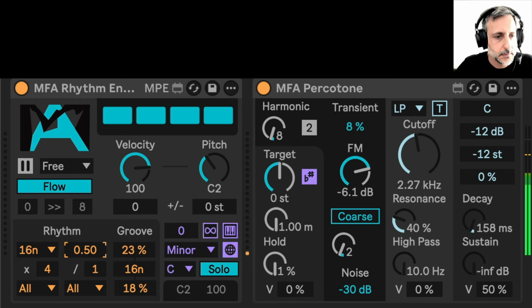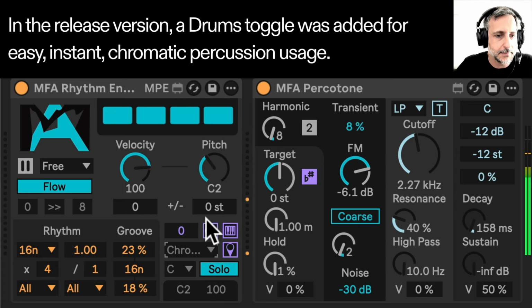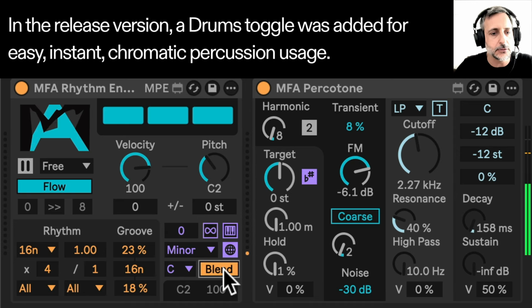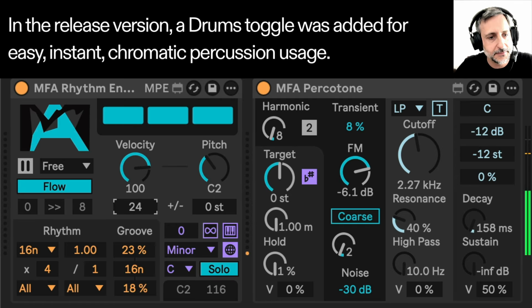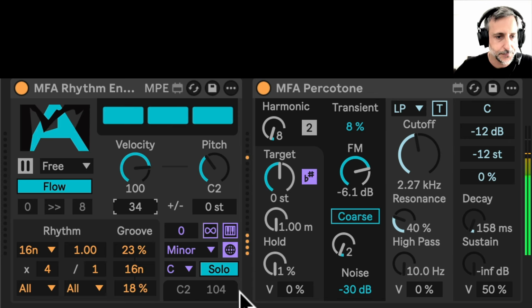We can shorten the notes for extra staccato action, or elongate them here. Transpose by octave, and we can toggle to a chromatic mode if we want, but I tend to leave it in the global mode here. Solo means no MIDI received will be passed to the outlet, but we can blend it if we want. So let's add some positive velocity deviation, and you can see on the note output display here,